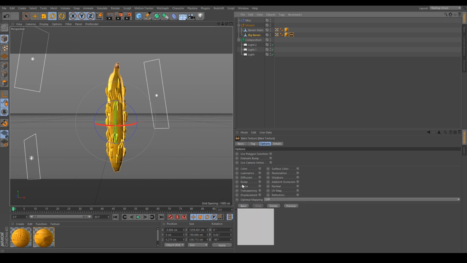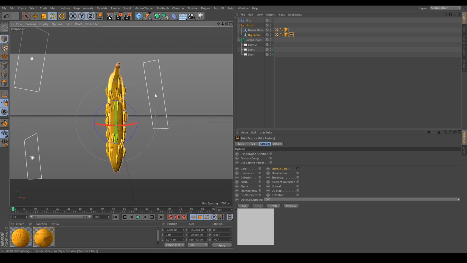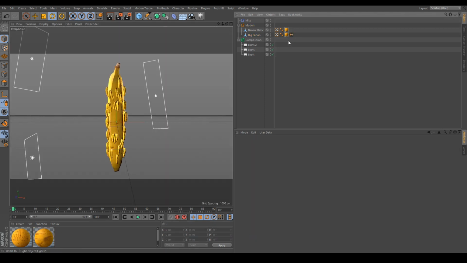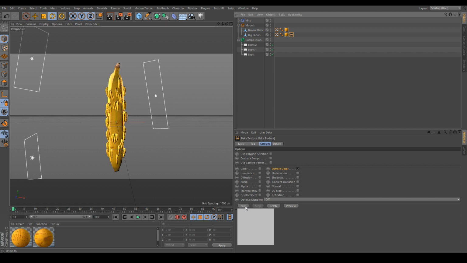Over here we have a couple of channels that we can render out, and the only thing that we are interested in is the surface color. The surface color is going to be storing all the nice shadows, the details, the global illumination, everything basically. You can see that it's looking pretty natural and very realistic also in the renderer over here. And the surface color is going to be storing everything that we see in the render. So let's go ahead and press bake, and we'll see what happens.